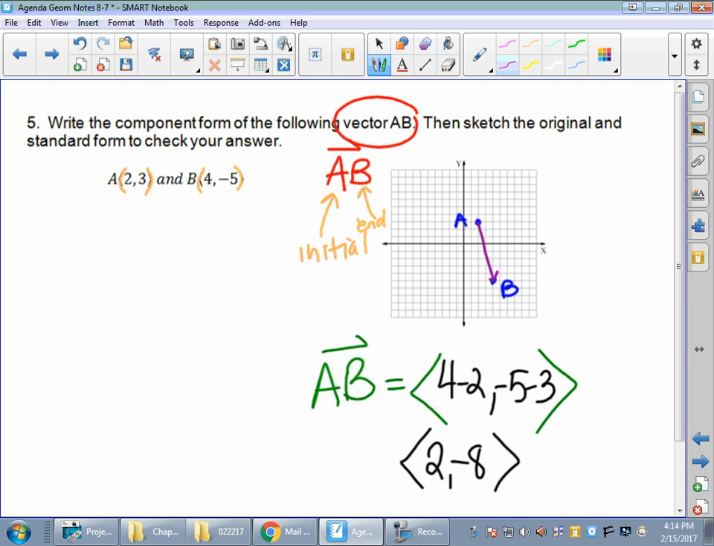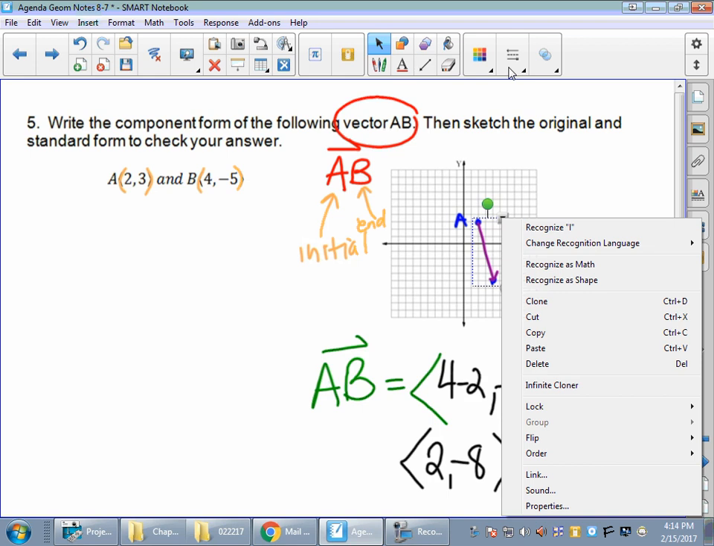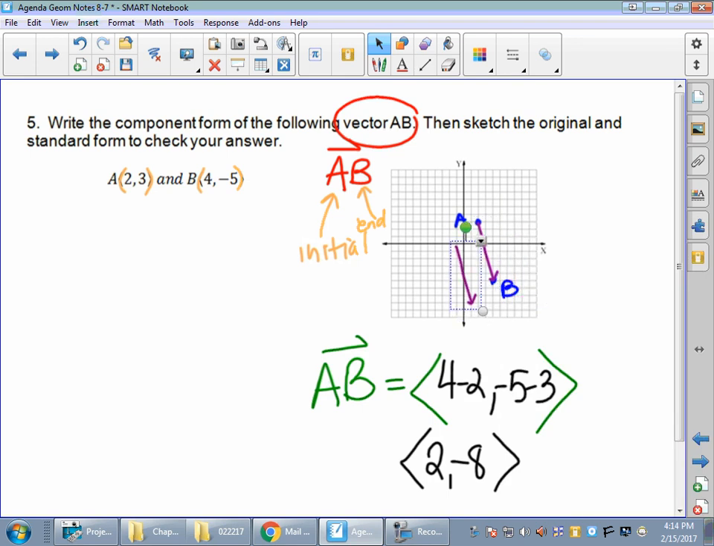And it looks to me like if I'm looking at my calculations or at my drawing correctly, that looks like what I've got. If I put this into standard position, that means that my initial point should be on the origin. My end point should be at 2, negative 8, which it is. So that component form tells you exactly what your vector will look like if you sketch it from the origin. And that is it for section